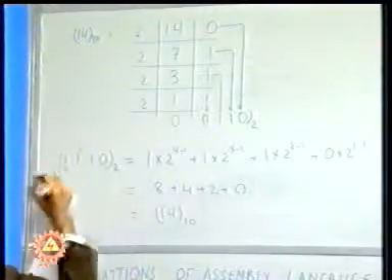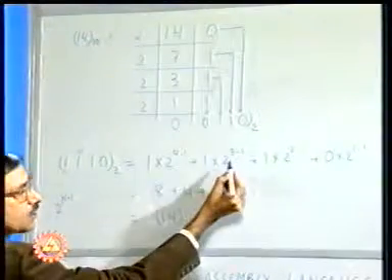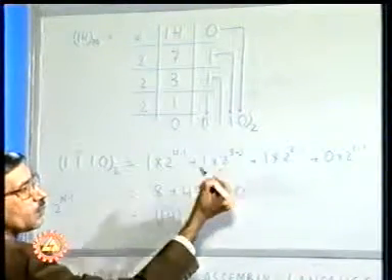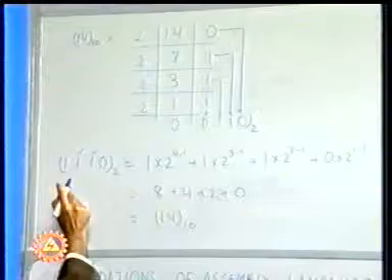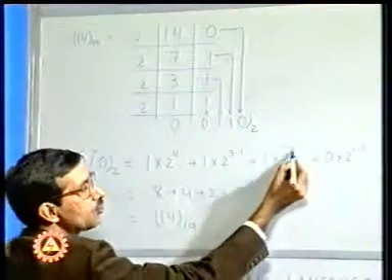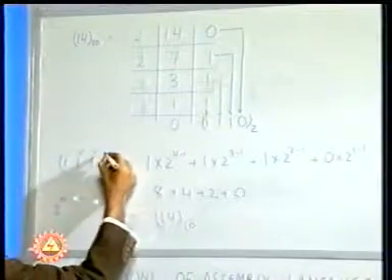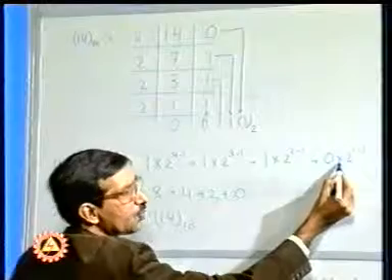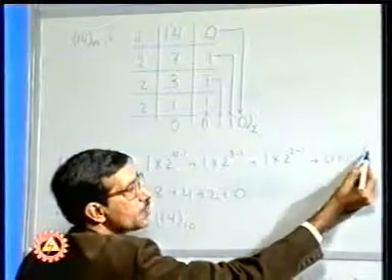Then we have the second digit, that is 1 here, which is in the 3rd bit position. So we are saying 1 into 2 raised to the power 3 minus 1. Then we take the next bit, which is once again 1. So we say here 1 into 2 raised to the power 2 minus 1. And the last digit we have got is 0, which is to be multiplied by 2 raised to the power 1 minus 1.